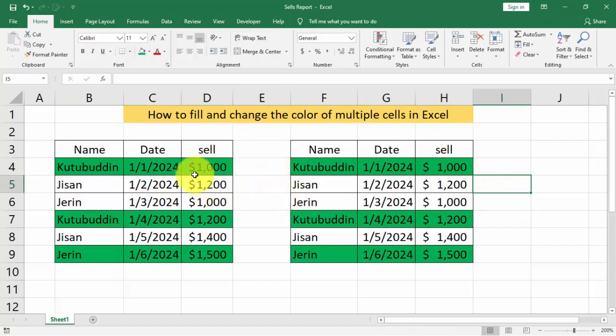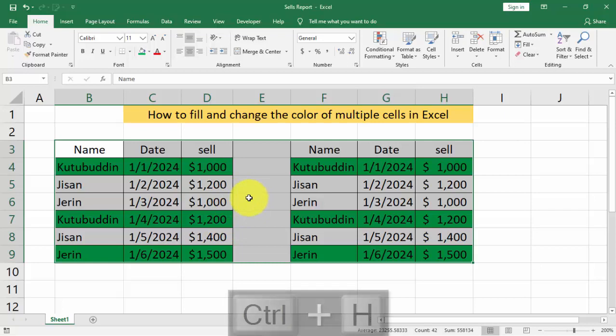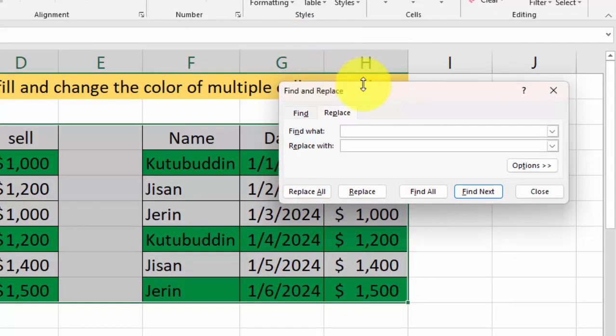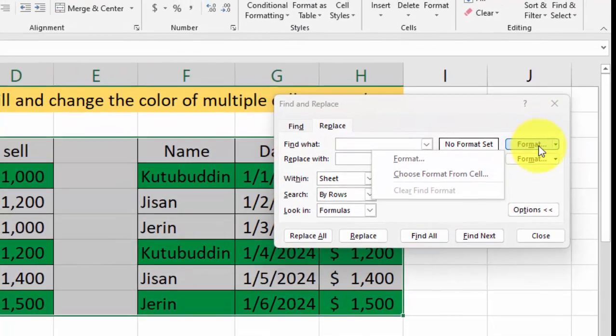Okay, and change the color of multiple cells with same color. Select your table, select this table, Ctrl H. More option, click more options, replace, format color,